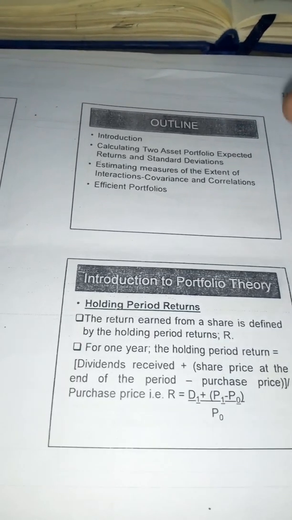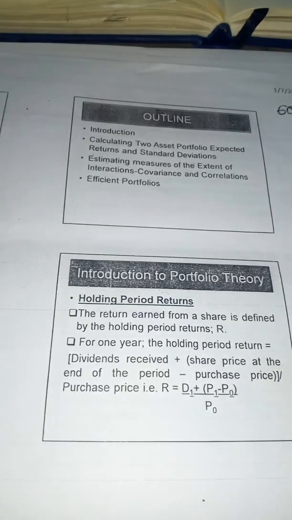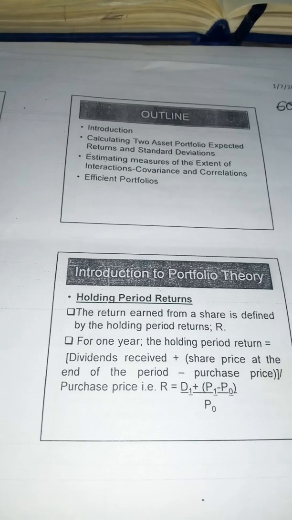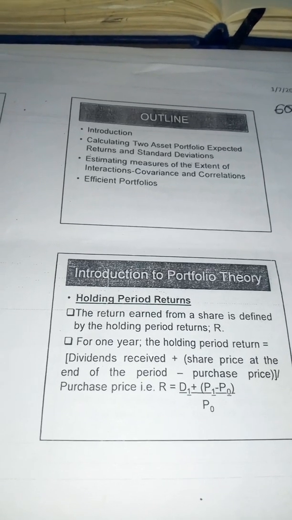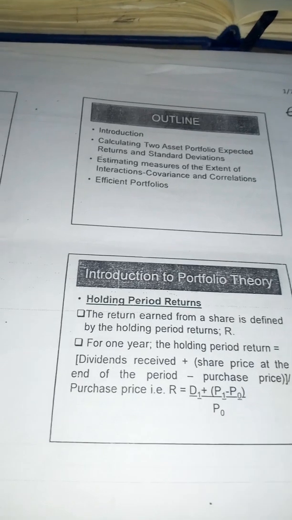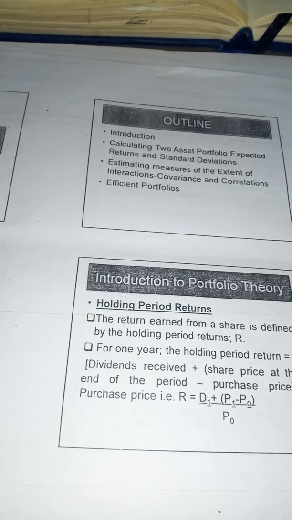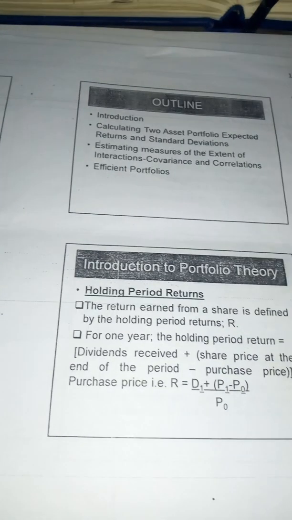So when will you earn that return? That is a period. It is a length of time when you will get that share, when you get return from that share you have invested. This is holding period return. How do we measure this return? There is a simple formula here, that is